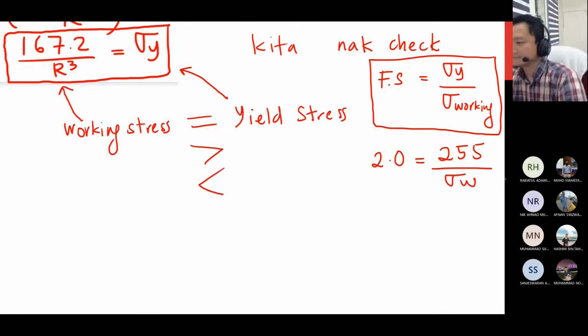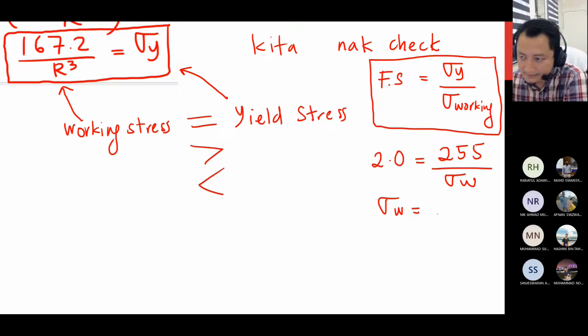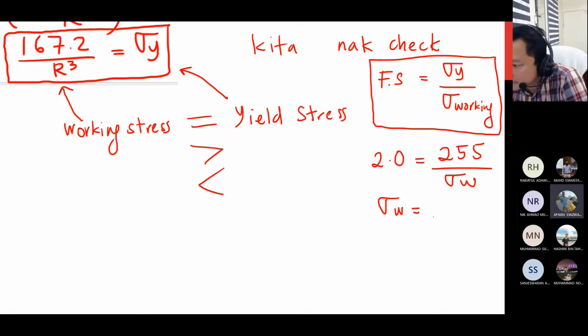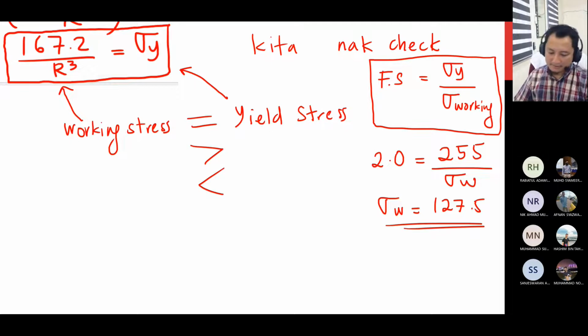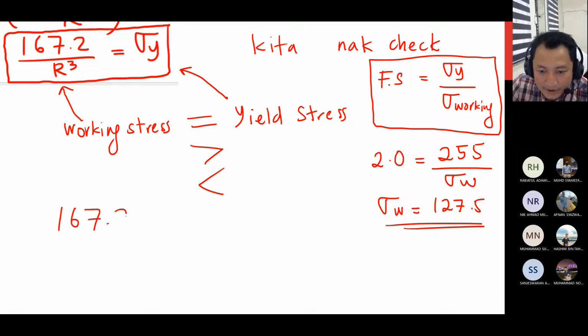Sigma working berapa? Hmm. 127.5. Ini je lah dia punya working dia. Kalau lebih daripada tu maksudnya tak boleh kan. Dia kena banyak ni je. So maksudnya 167.2 bahagi dengan R kuasa 3 ni mesti sama dengan